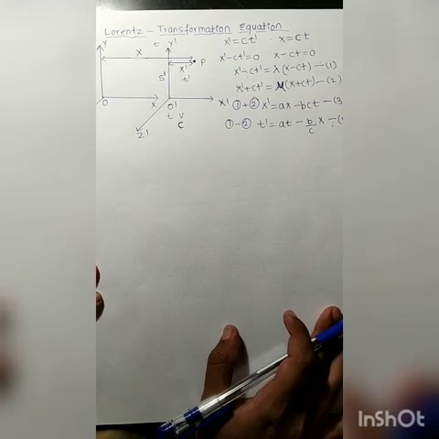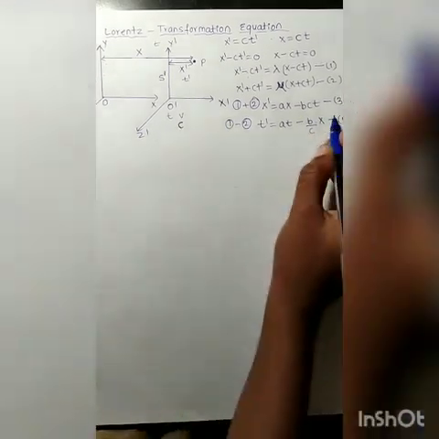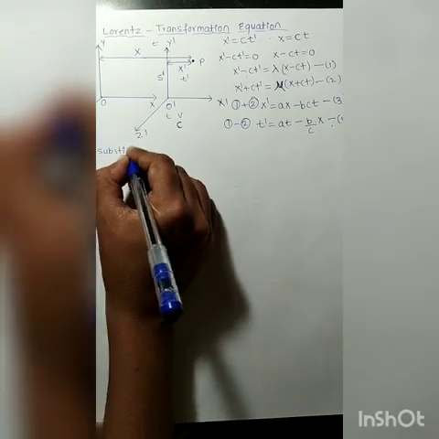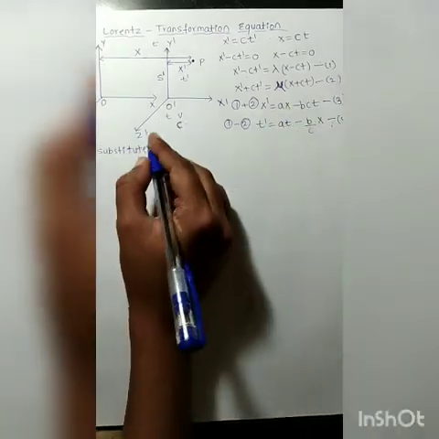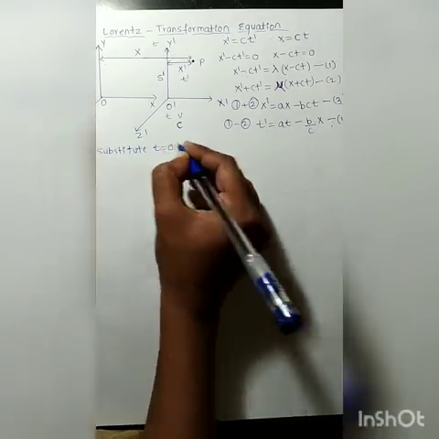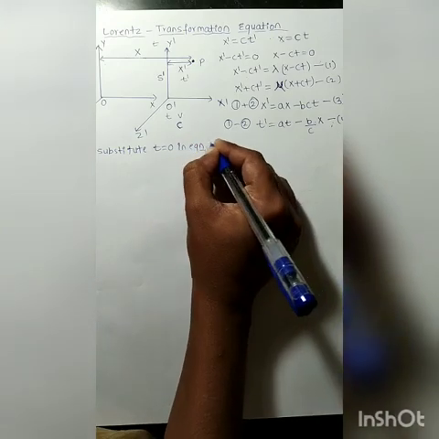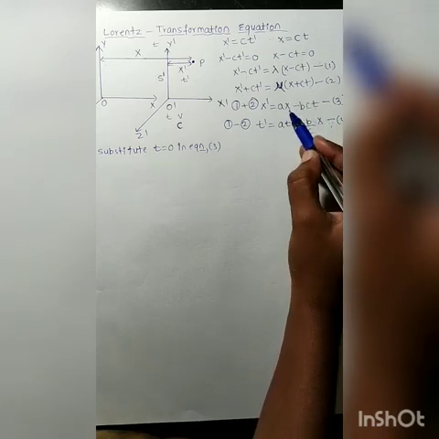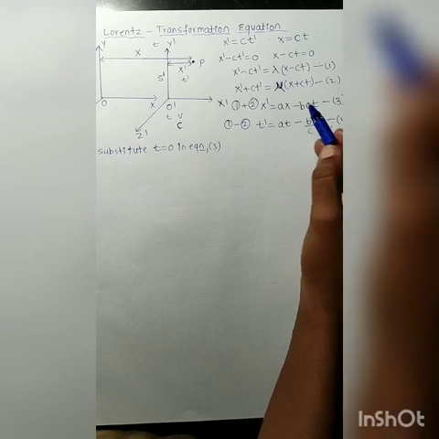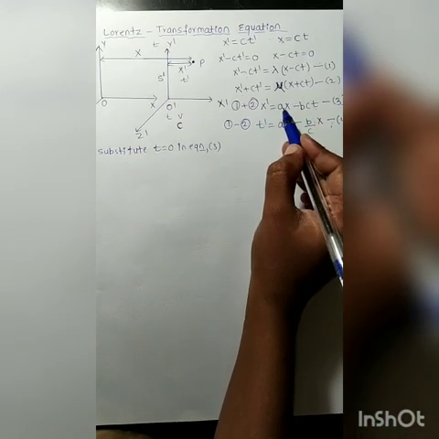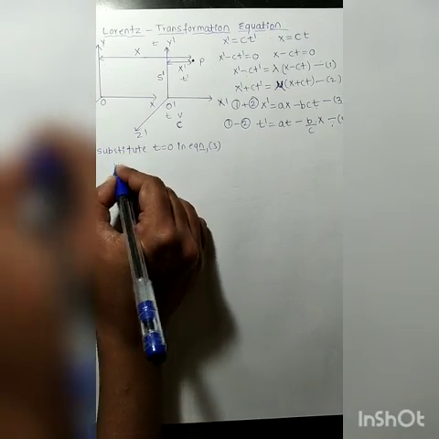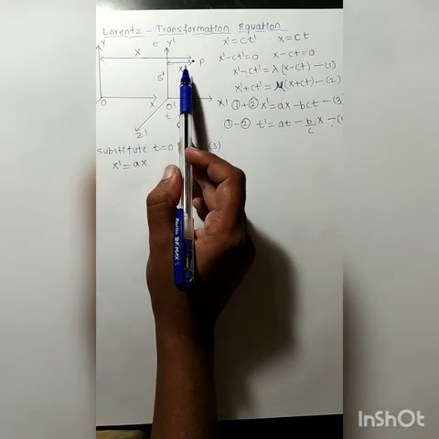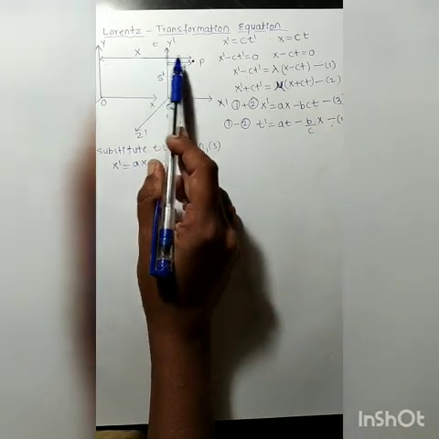So while solving, in the third equation I will substitute t is equal to 0 in equation number 3. So if you substitute t is equal to 0 in the equation, this whole term becomes 0. So if this whole term becomes 0, only what we will get is x dash is equal to a into x. So that one I will write, that is x dash is equal to a into x, isn't it? And x dash is the distance in the s dash frame,